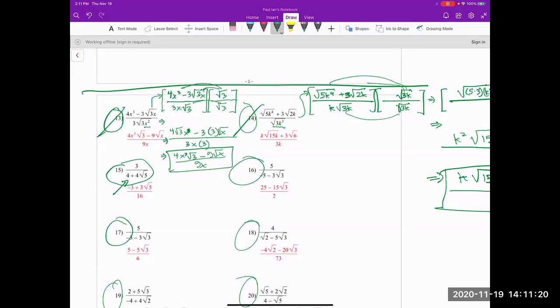So for the conjugate, there's always a thing that you have to think about: what are you multiplying at the bottom? Because there's a plus or minus. And you can't just multiply it by itself, like what we do with the other ones, because then you can't get rid of the radical. You want to get rid of the radical, right? That's always the goal. If you want to get rid of this radical right here, you have to times it by its